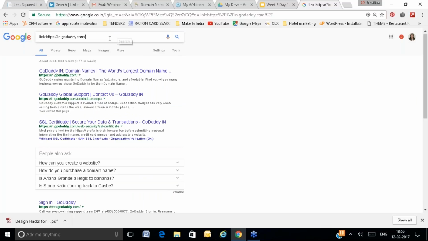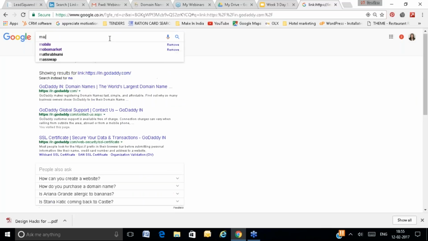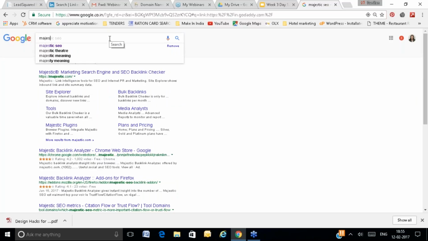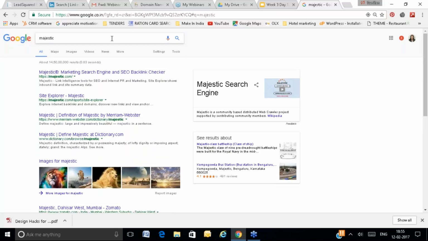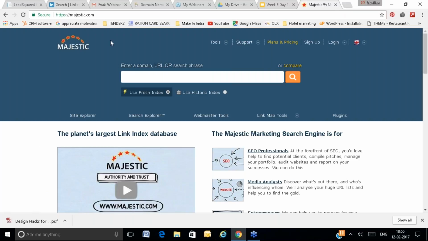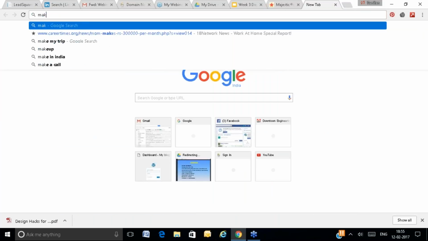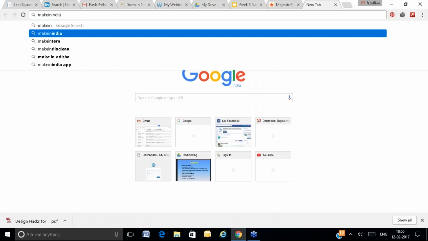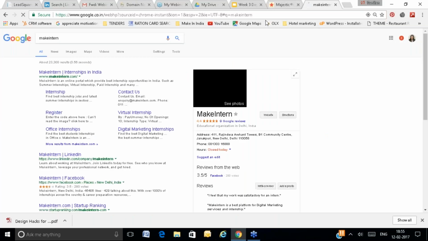There is a tool called Majestic. You can note down the tool, majestic.com, and open Site Explorer, backlink watcher. You can check who has given you the backlink. Okay, let's check the backlinks of MakeIntern.